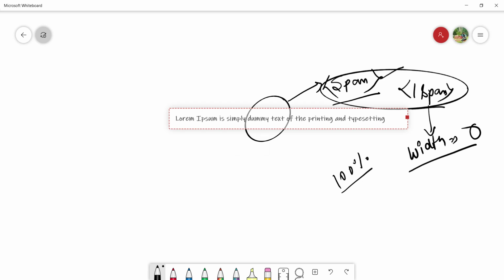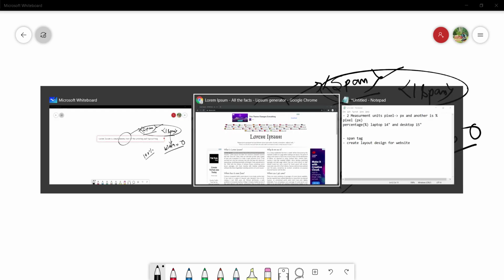So this is what the span tag is, which doesn't have any CSS property. It's kind of null, nothing. So we can use this tag wherever we want to show some color effects or style effects.